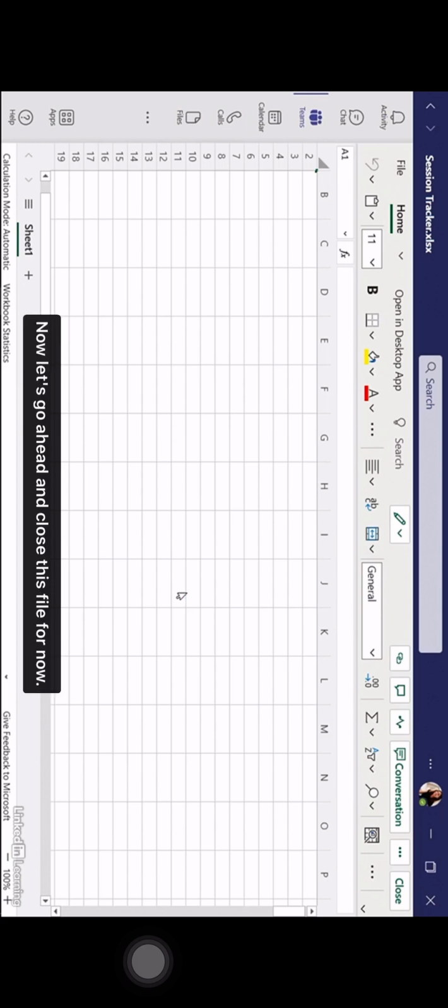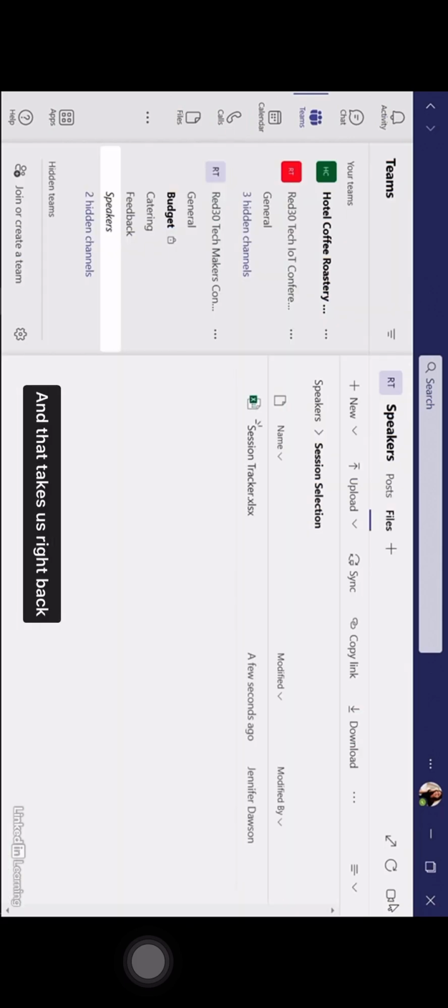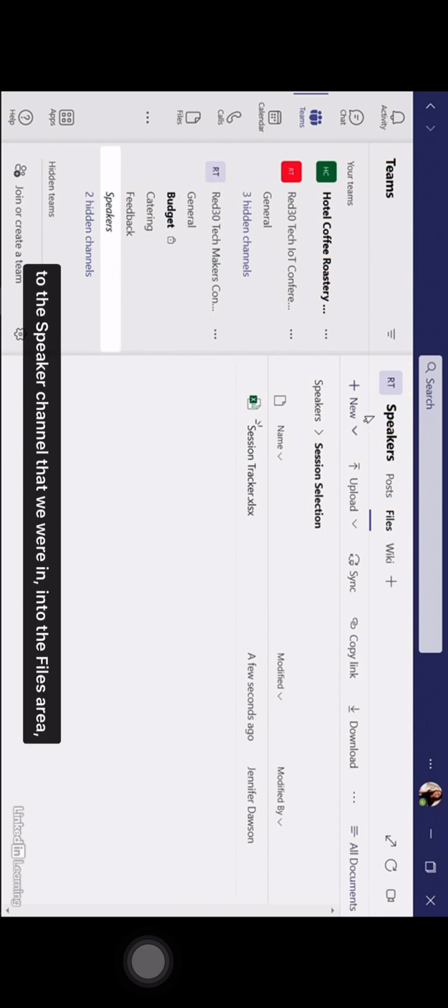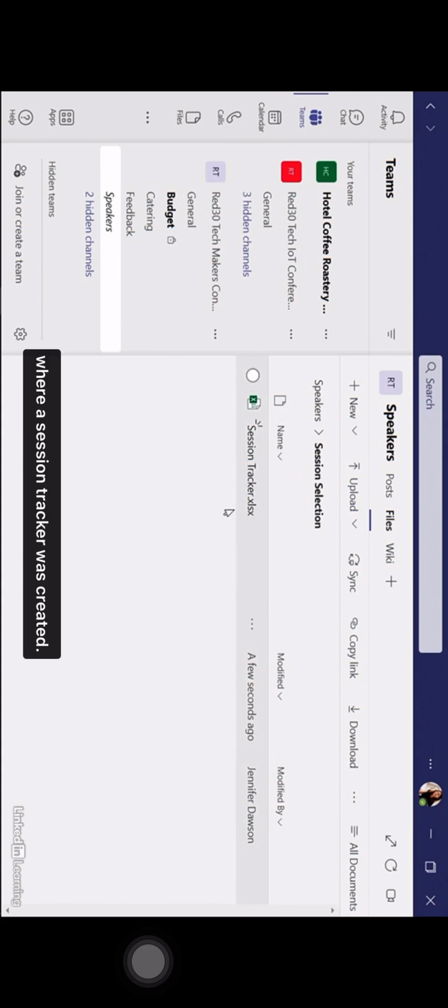Now let's go ahead and close this file for now. And that takes us right back to the speaker channel that we were in, into the files area, and right into this session selection folder where Session Tracker was created. Now to get back to where we started, we can go ahead and select speakers, and that takes us back